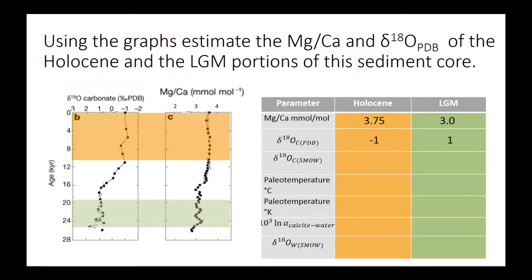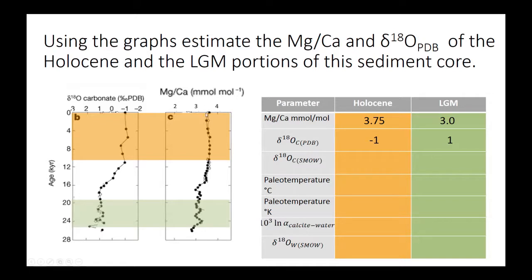So actually going into the plug and chug type of part of the practical, where we're going to need to extract some numbers from the graphs and plug them through some equations to get some answers. So we've got this sediment core, which has a record of oxygen isotopes measured in carbonate and magnesium-calcium ratio also measured in carbonate. So the first part, you have to basically choose, reading off the graph, a value to